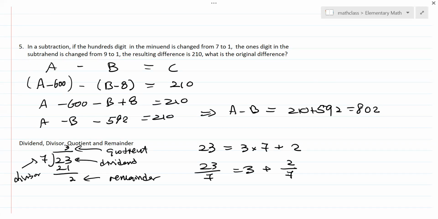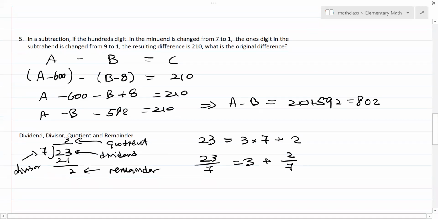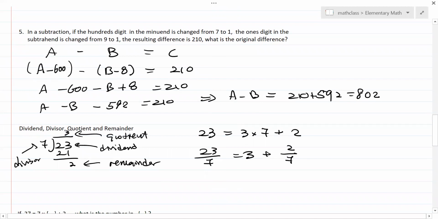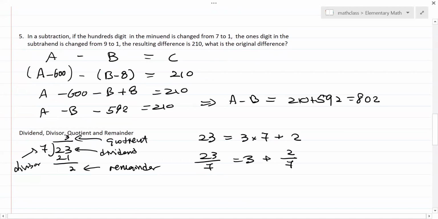Okay, so if you know the quotient, the divisor, and the remainder, those are 4 numbers in the relationship. You can recover the others if you know 3 of them: quotient, divisor, dividend, remainder. If you know 3 of them, you can get the fourth one. You have 4 numbers involved. Now my question is,